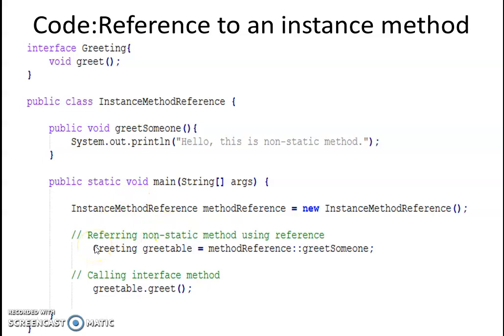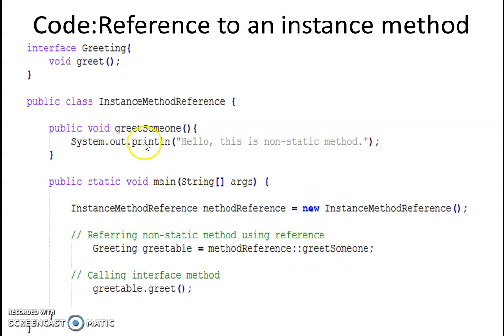Now we are referring to the non-static method using this particular reference. So here we are creating a reference of this interface Greeting named greetable, and we are referring to this non-static method. So syntax is simple. First we write the object name. So here methodReference is the object name that we have created, and then we put double colon, and then we write the instance method name.